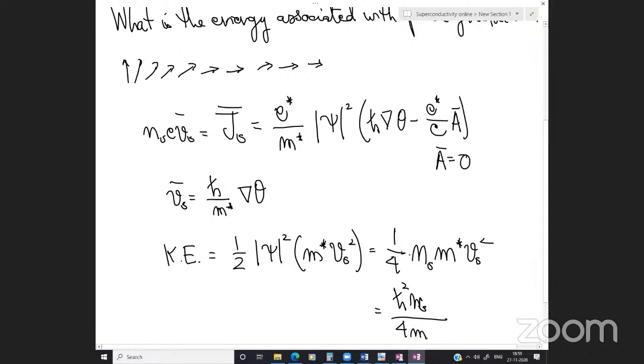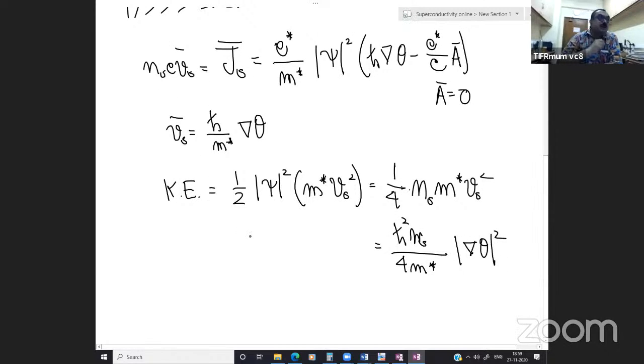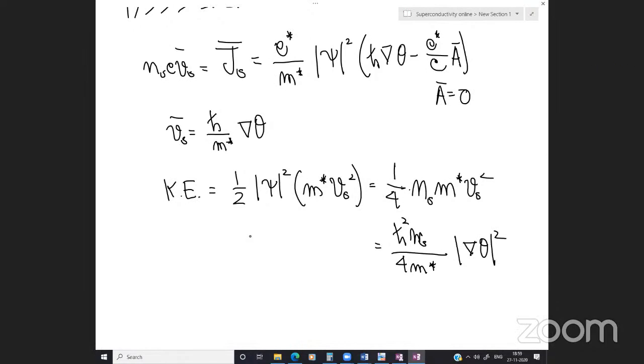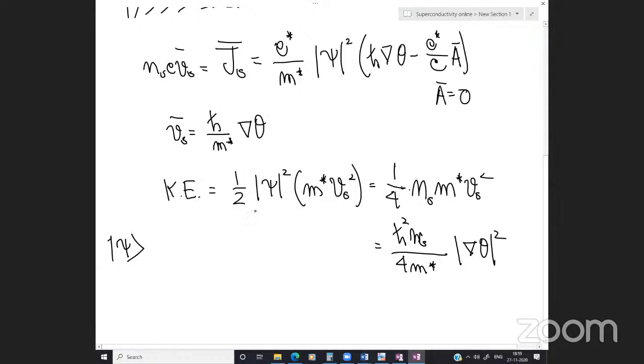Sir, one thing, the psi that you have written here, is this the BCS psi? which high that we are talking is Ginzburg-Landau. We are doing now. We are solving this problem in Ginzburg-Landau. Okay, yeah. BCS psi is what? BCS psi. Okay, I never write BCS psi like this. BCS psi, you mean this? Yeah. I just want to confirm that whether it's an inner product square or not.